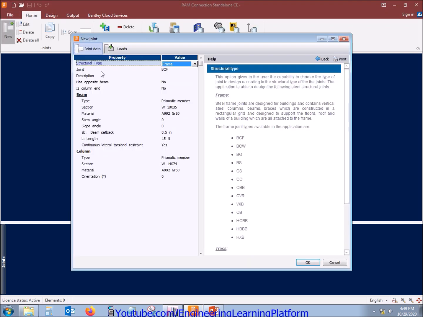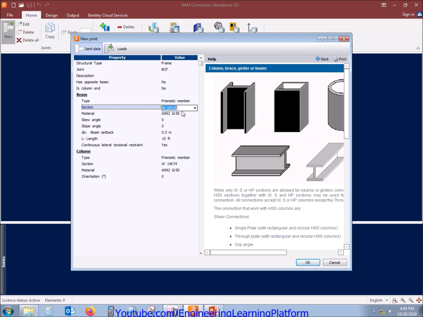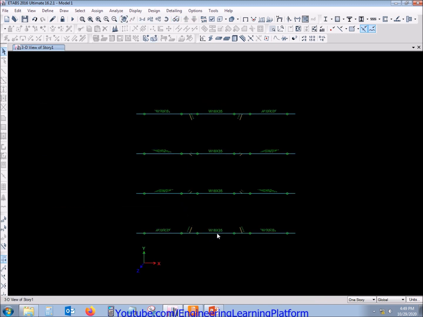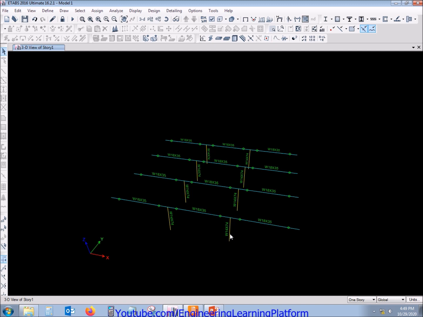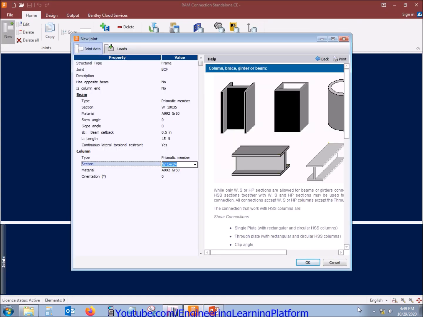Add new connection. Beam column flange connection is BCF. The beam size is 18 by 35 wide flange and the column size we can see is W14 by 74. Beam length is 15 feet.